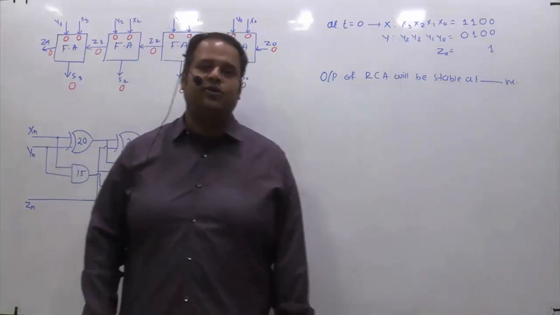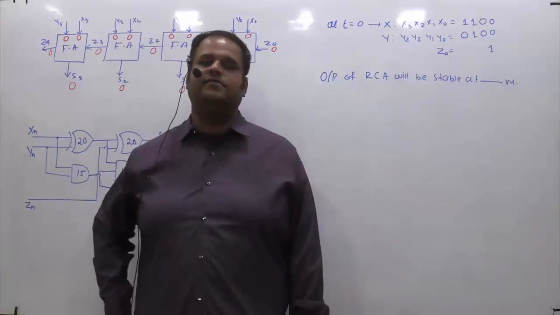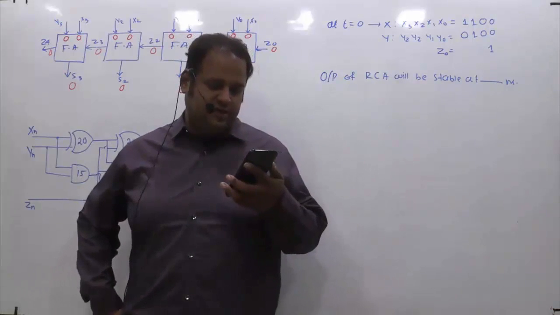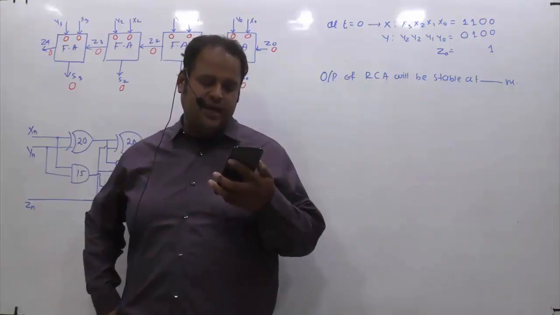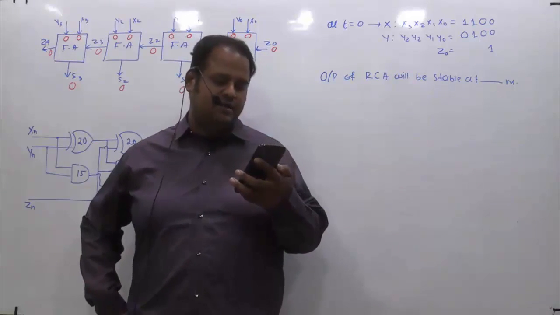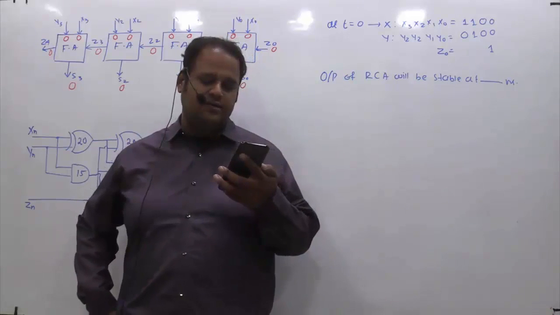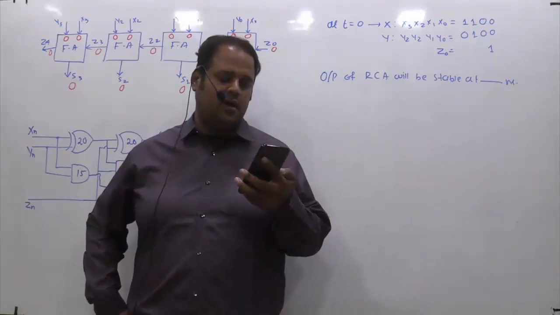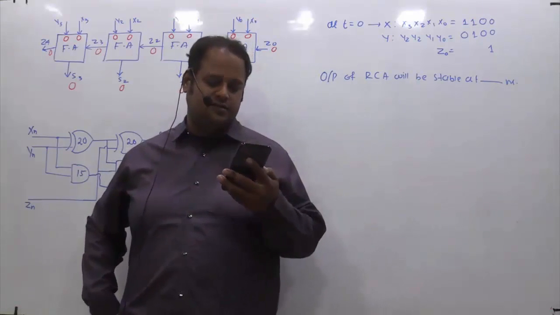This question is asked in GATE 2017 of electronics. This is from digital subjects and from combination circuit topic. The question is, figure 1 shows a 4-bit ripple carry adder realized using full adders, and figure 2 shows the circuit of full adders. The propagation delay of XOR, AND and OR gates in figure 2 are 20 nanosecond, 15 nanosecond, 10 nanosecond respectively. Assume all the input to 4-bit adders are initially reset to 0.